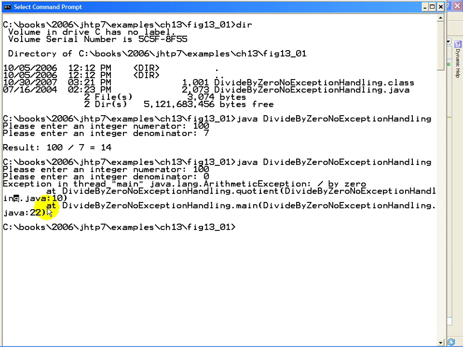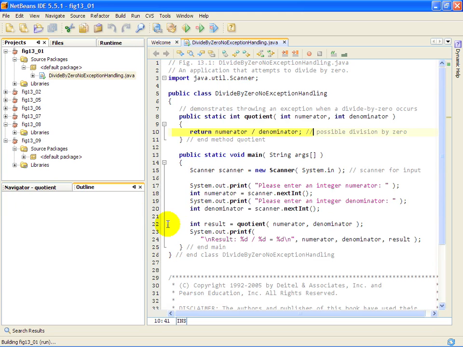Also, it shows us that the exception stack included the main method in that same file at line 22, and if you look at line 22, you'll see that's where we actually called the quotient method. So as this program is executing, when main first gets called, main gets a stack frame on the method call stack, and when main calls at line 22 the quotient method, then we have a stack frame for the quotient method at the top of the stack, and at line 10 inside of that method is when the problem actually